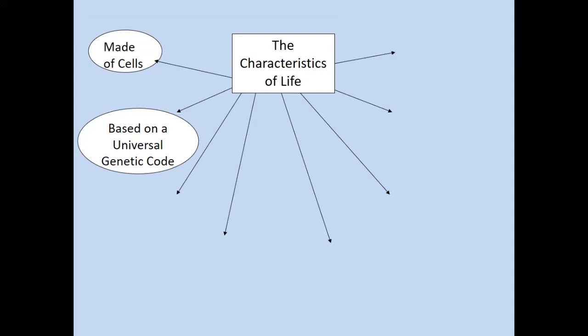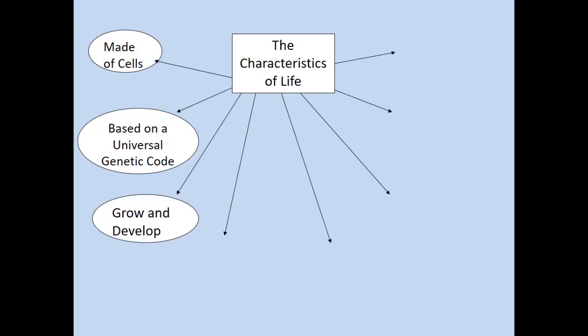Based on a universal genetic code. Most people would say, oh, well, that means DNA, right? It does, but it can also mean RNA. Sometimes your simplest life forms are actually based on RNA and not on the double helixed DNA. Prokaryotes are really, really simple organisms, usually single-celled. Eukaryotes are what you're made of. You have eukaryotic cells. So those are the two different types, and each of them has a different genetic code.